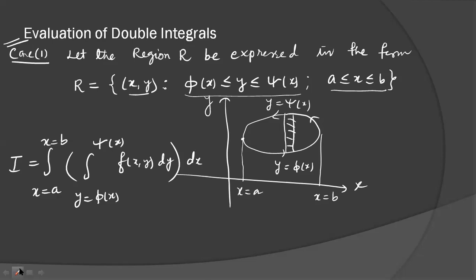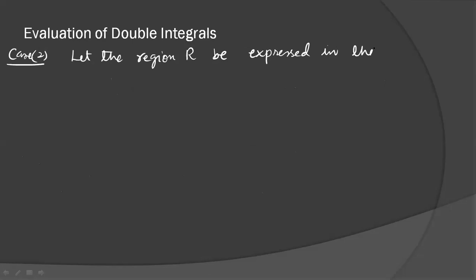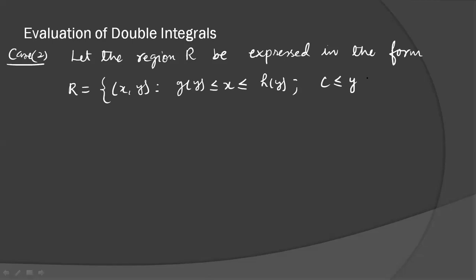Suppose you have another possibility when y is in the constant form and x is in the form of variable. Let the region R be expressed in the form of the collection of all ordered pairs, and x is bounded between g(y) to h(y) and y has constant value c to d. Now if you see the region here,